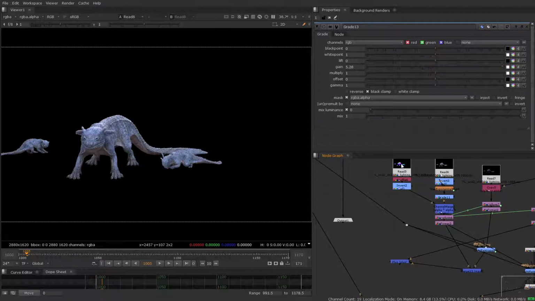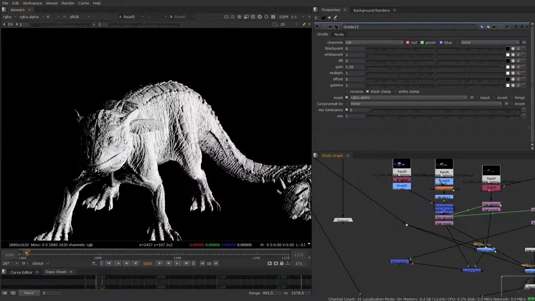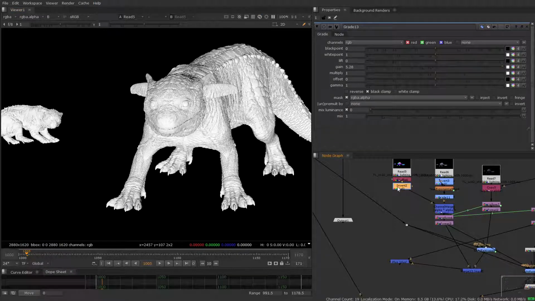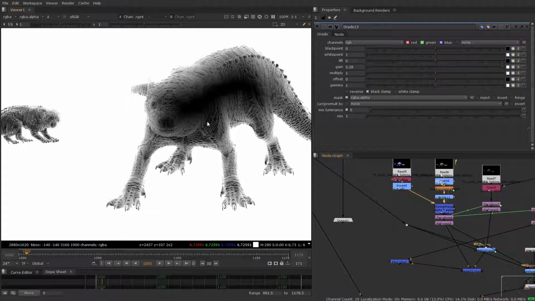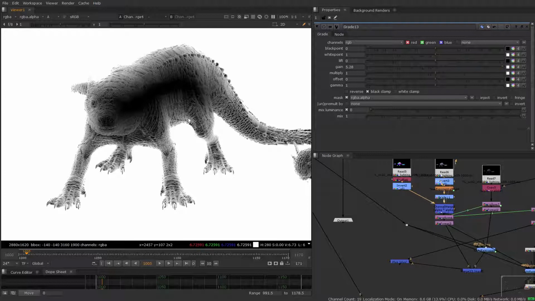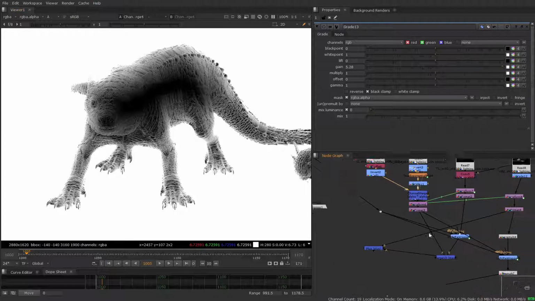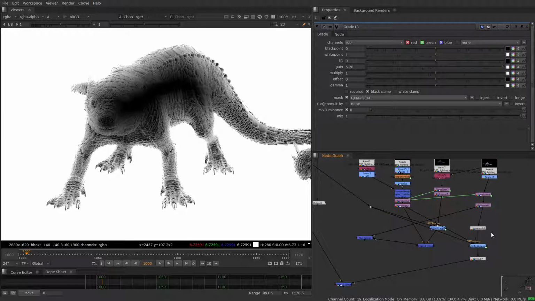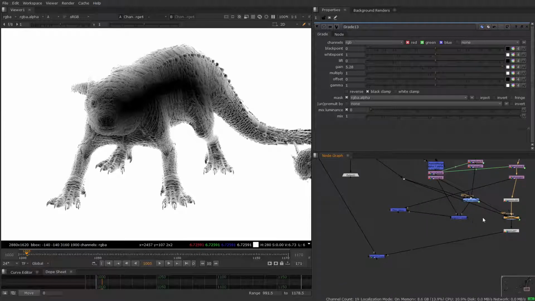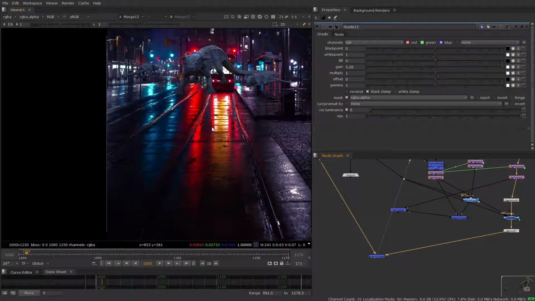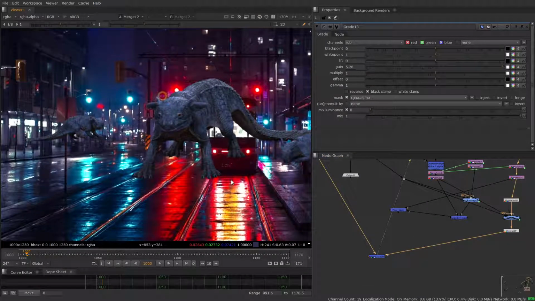So what you can do when you've got access to CG data like this is you can grab your normals and use that to create sort of faux Fresnel or faux glancing angle information, and you can begin to do some pretty cool stuff. So what I've done is I've grabbed our lizards and put them in a city, and I hope Warner Brothers know that this is my own Blobzilla and nothing